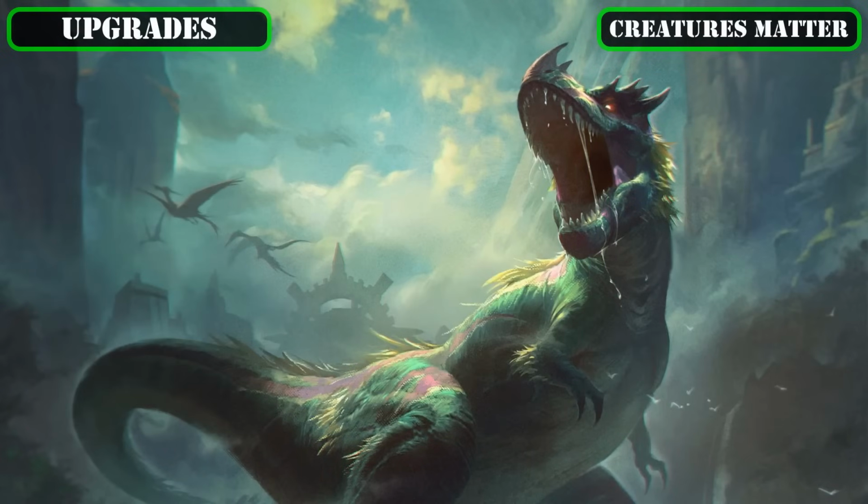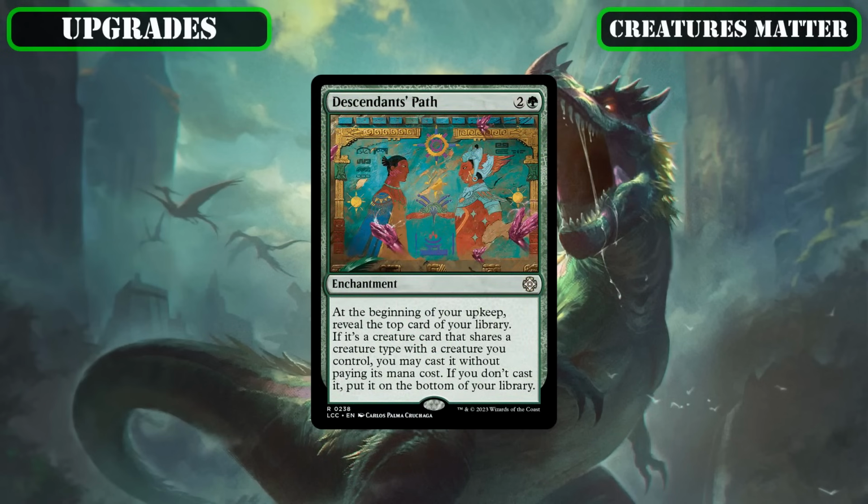As such, we'll be removing Descendant's Path, whose ability to potentially cast a dinosaur for free on our turn seems good, but I personally find it being way too unreliable and even detrimental for a once per rotation effect, since 2 out of 3 times it will do nothing but send the top card of our deck to the bottom, including all our ways to cheat or cast our dinosaurs on our opponent's turns since the effect is mandatory,